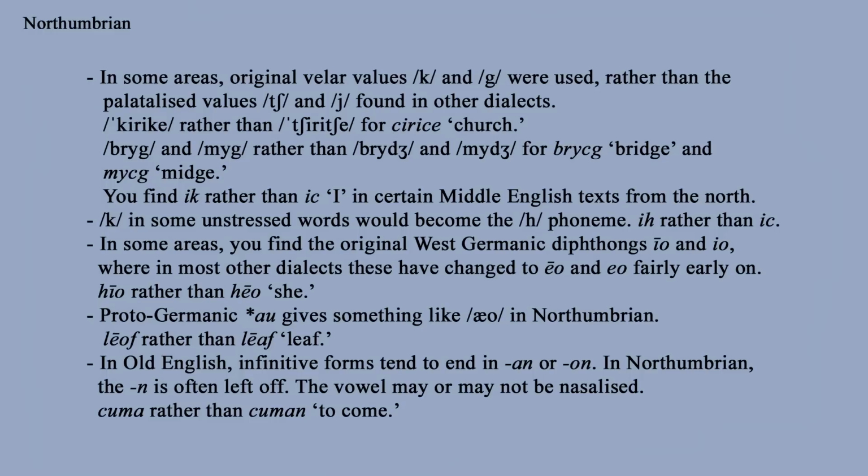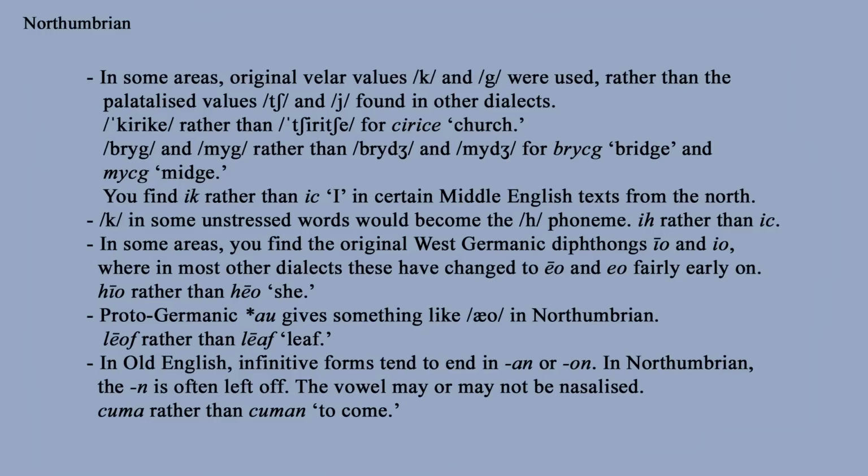But that wouldn't have applied everywhere in Northumbria, so in some places if you had an unstressed word ending with k, it would turn into an allophone of the phoneme h, "ch", you know, that phoneme can be realised in a number of ways in Old English. So in some places in Northumbria, rather than "ik", you'd have "ich", which is quite similar to the modern German pronunciation, although that's largely a coincidence.